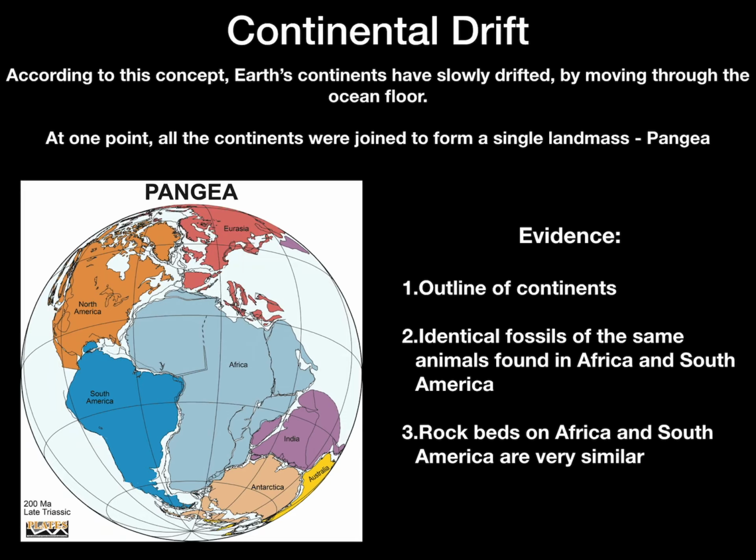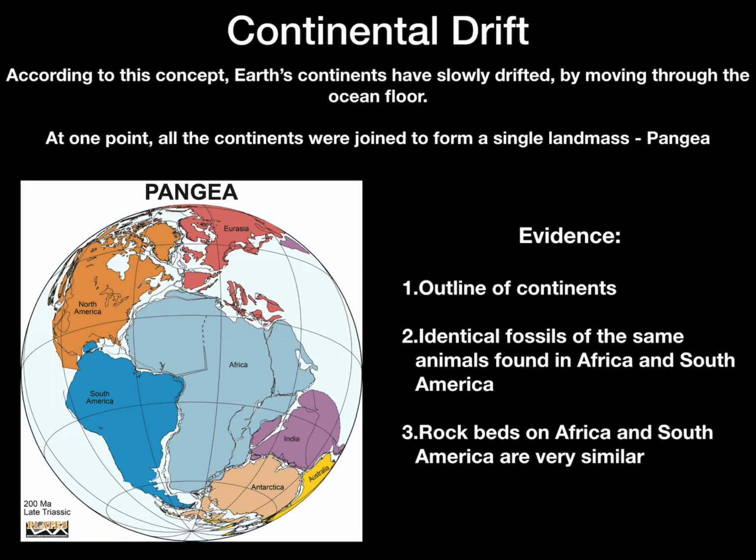So there's different evidence for this. There's 3 points here on this slide. The first evidence is the outline of the continents. As we can see, a lot of those continents fit together almost like a puzzle piece. You can see specifically where South America and Africa fit together really, really well. It almost looks like it is a puzzle. You can see that India and Antarctica and North America can also fit together